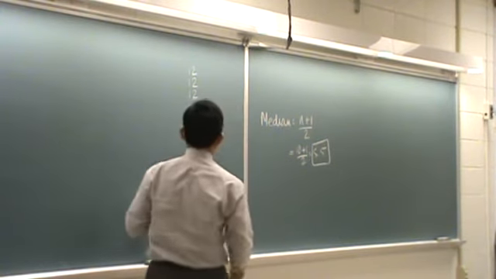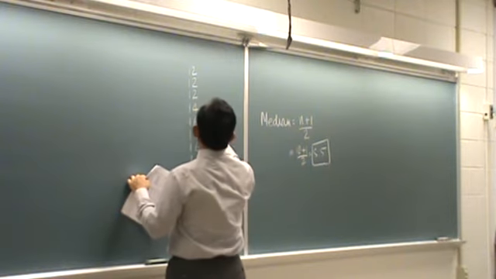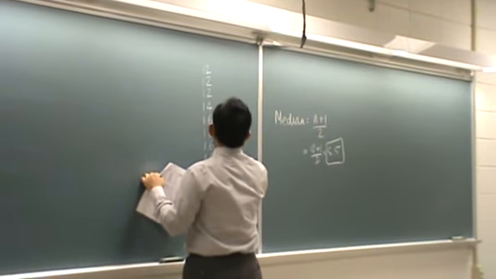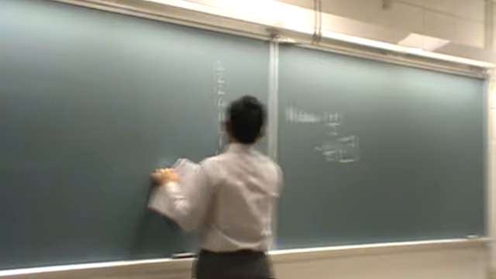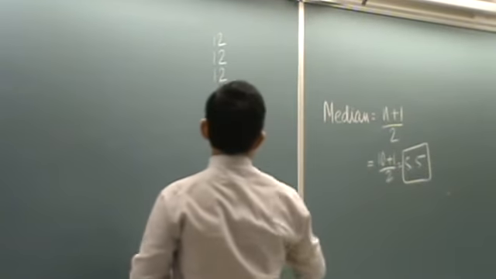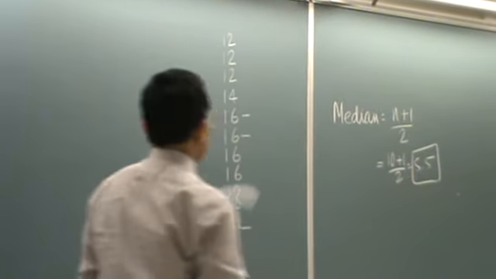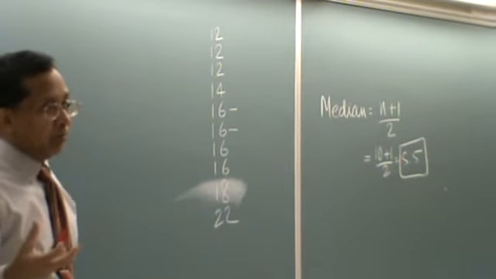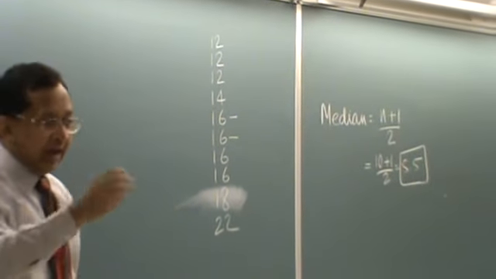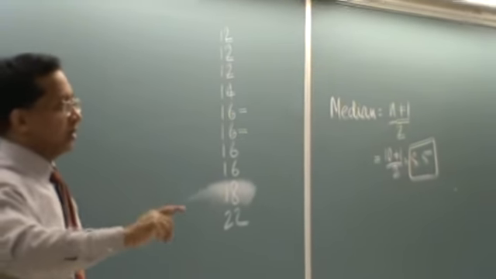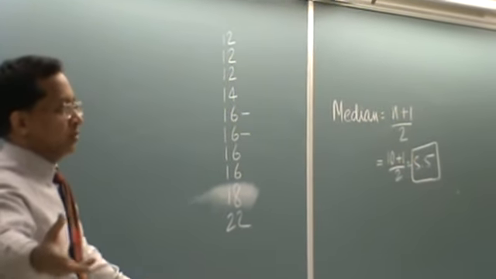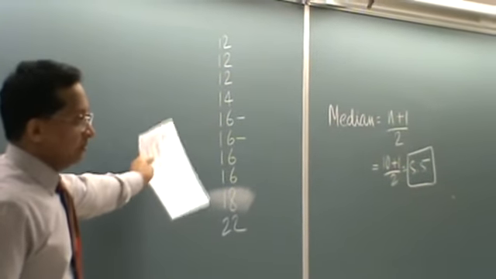So what is the fifth number we have? 16, that's the fifth number, and this is the sixth number. So theoretically speaking, you will add them up, the fifth number, add the sixth number, divide it by 2. So now we know what is the median for this